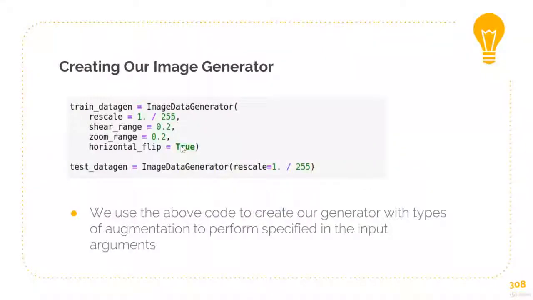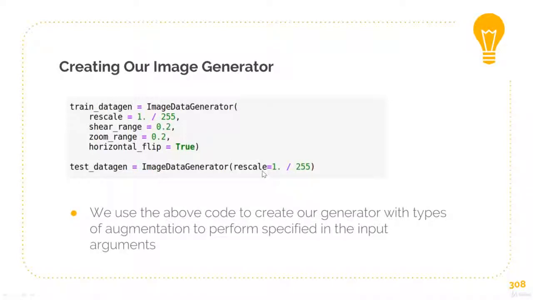So let's see how we use this. So basically it's quite simple. You'll see it in the code, but this is the essential part of it here. So we create our image generator here, and we specify the types of augmentations we want. Rescaling is basically the normalizing we did before, where we bring it between 0 and 1. Shearing is basically sort of like twisting the image slightly. I'll show you an example soon. Zoom range is zooming in and out, so we have some of the data that's lost because it's zoomed in and cropped. And we have horizontal flips, and for the test data set, we just simply rescale here,